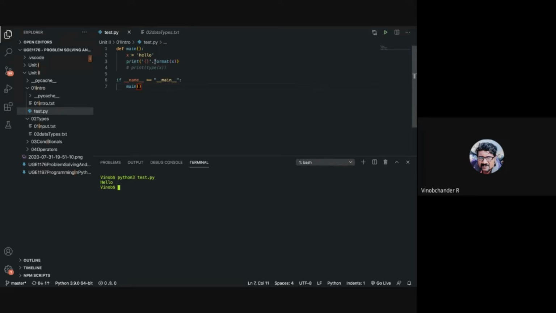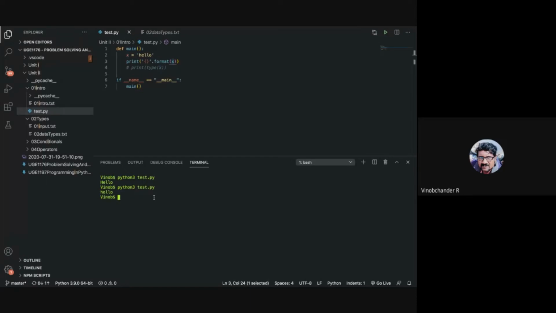When you use the format method of string, within the string literal that you want to type, you specify a placeholder. Now this is called a placeholder, and what this placeholder does is, during runtime, this particular place will be occupied with the value that you pass in as the argument to the format method. So that is the purpose of the format method.